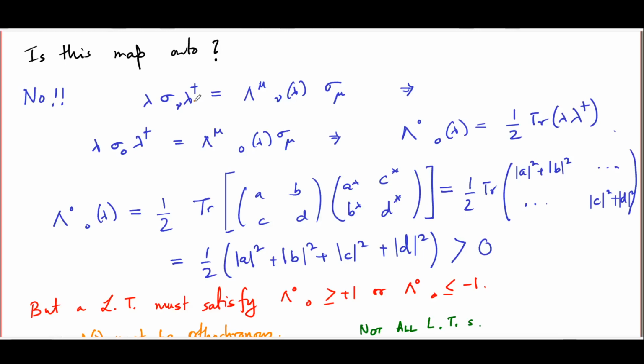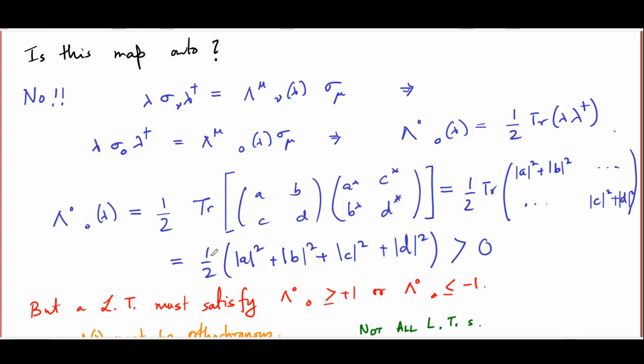It is very easy to show that the answer is no. After all, if you have lambda sigma nu lambda dagger equals lambda mu nu sigma mu, choosing the special case nu equals 0 immediately gives you lambda sigma 0 lambda dagger is lambda mu 0 corresponding to small lambda times sigma mu. And using the fact that